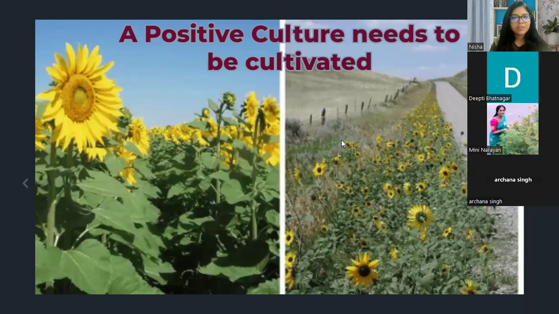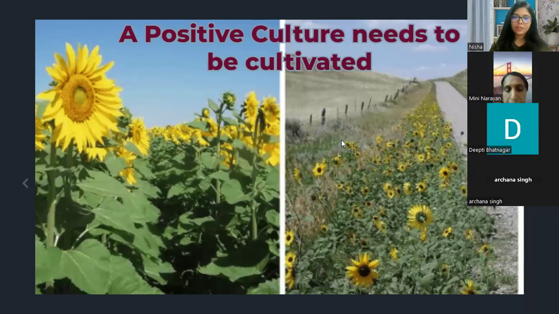So a positive culture needs to be cultivated. And we, all the educators, are the foundation of the nation, and it is our responsibility to cultivate such an environment in our classroom.